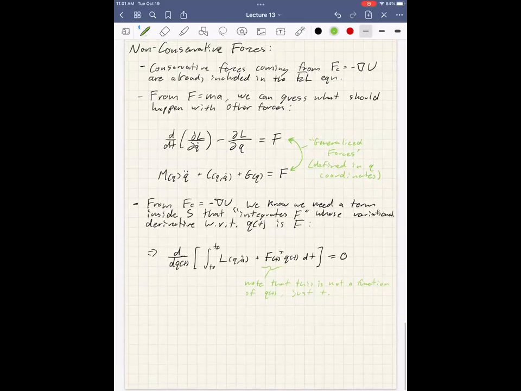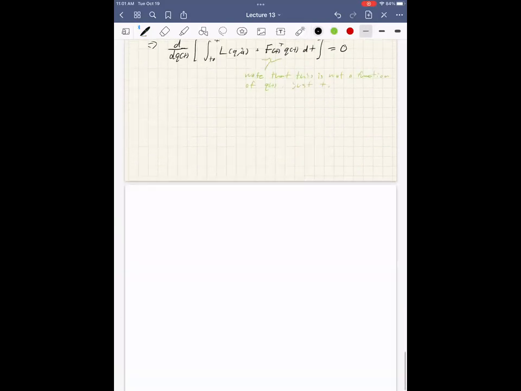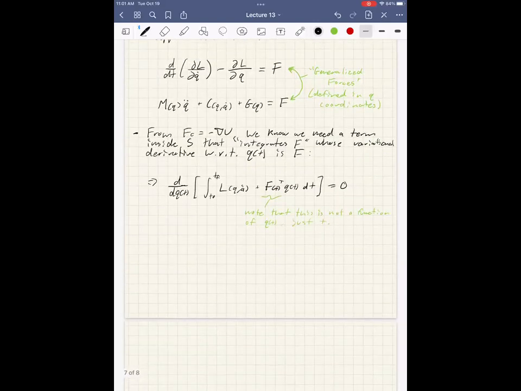Okay, so if I do this, I get the usual kind of thing that we did before, and I just pick up a force term. So I can write out the first order necessary conditions for this. It will look like d1L times a delta Q plus d2L times a delta Q dot plus this guy now. And then if I do the integration by parts trick,